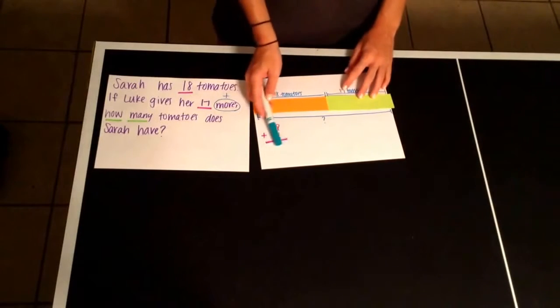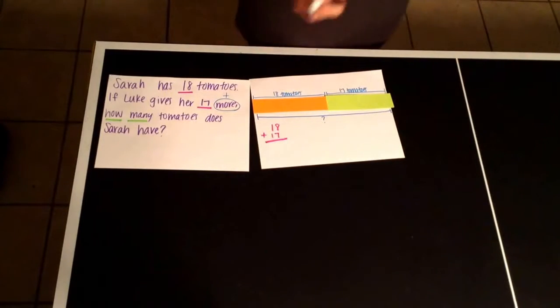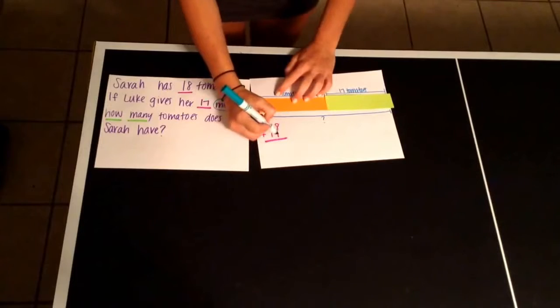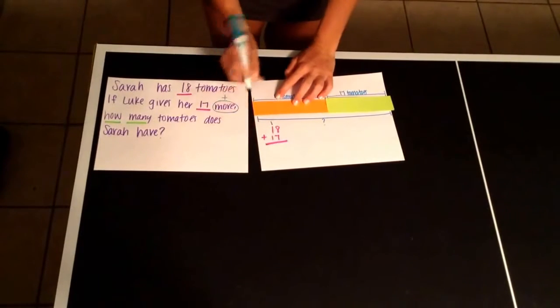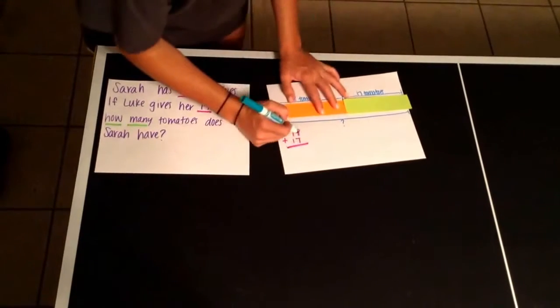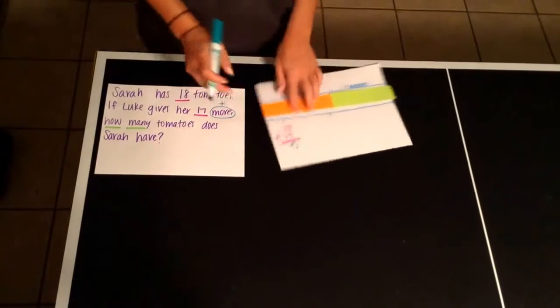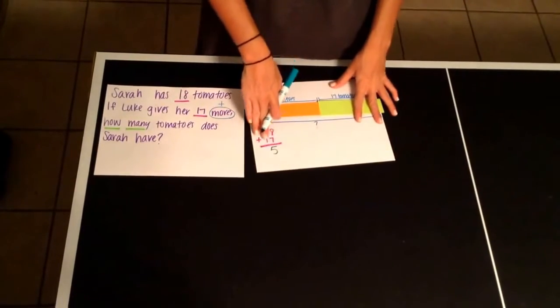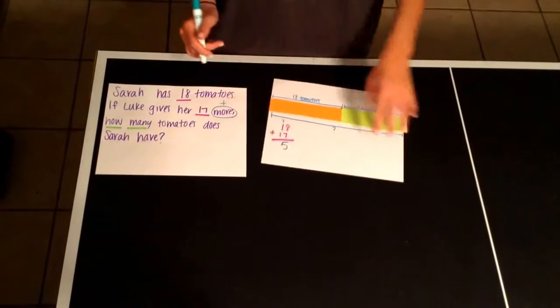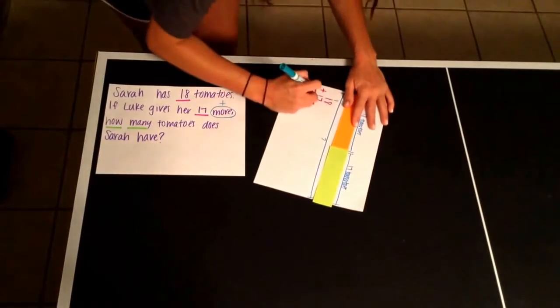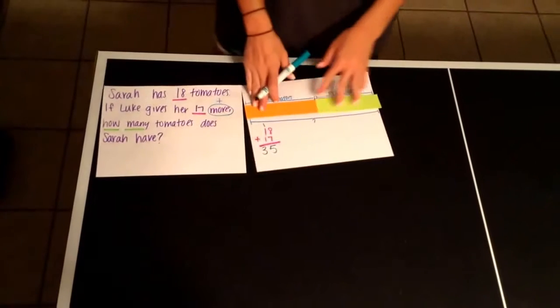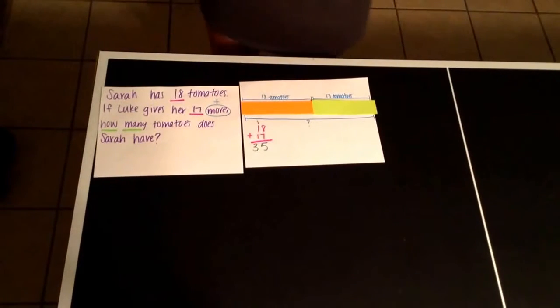Now we can't write 15 down here, only one number can be down there. So what we're going to do, we're going to carry our 1 from the 15, and put it here up at the top. So 8 plus 7 is 15, we carry our 1, and we put the 5 down here. Then we see 1 plus 1 plus 1 is going to be 3. So we see here that we have 35 tomatoes